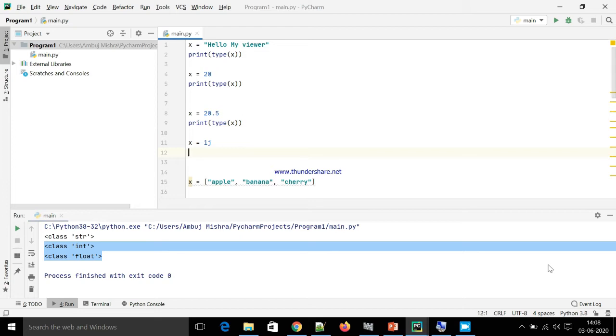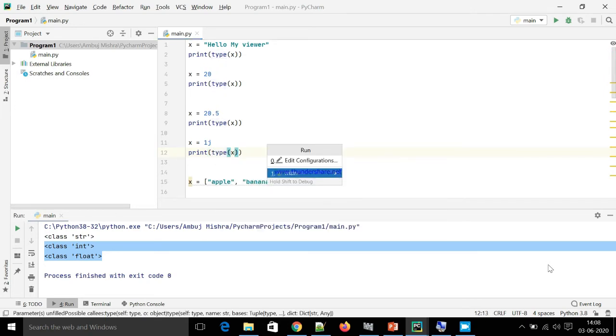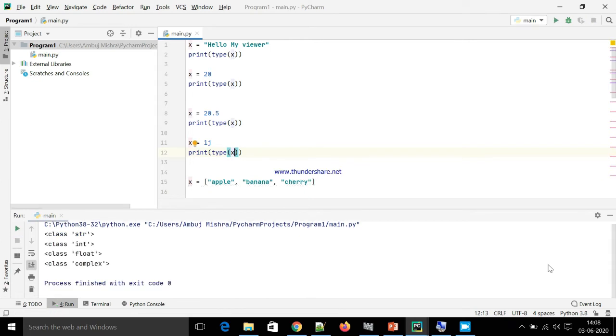If you remember, then this is a complex data type where j is the imaginary part and 1 is the coefficient of that imaginary part. If you want to just check it, then you can use type and pass the parameter x, run it. See, the class of this variable is complex. J represents the imaginary part and 1 is the coefficient of that imaginary part.